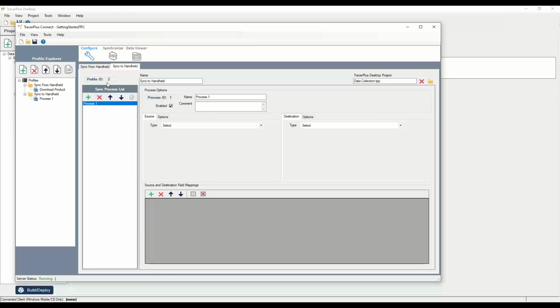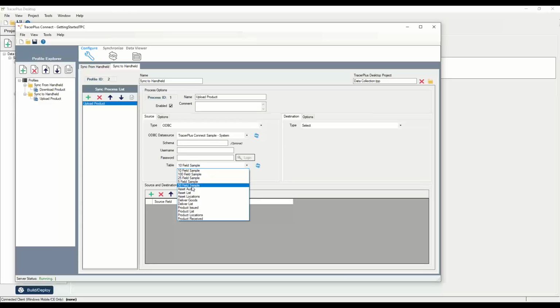I'm going to add a process to this, and you'll notice when I did that, this profile is profile ID 2. So I'm going to set up another button that syncs with profile 2 rather than the first one. For this one, I'll call it upload product. In this case, I'm going to select ODBC. I'll select that same database table for this sync, just so you can see those records getting pushed back over to the handheld. So I'll select TracerPlus Connect sample, product list